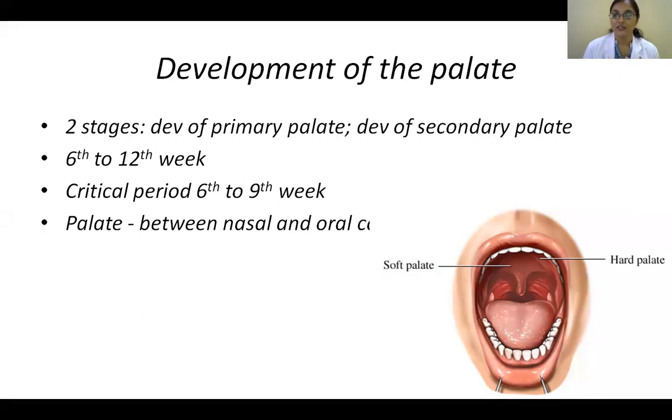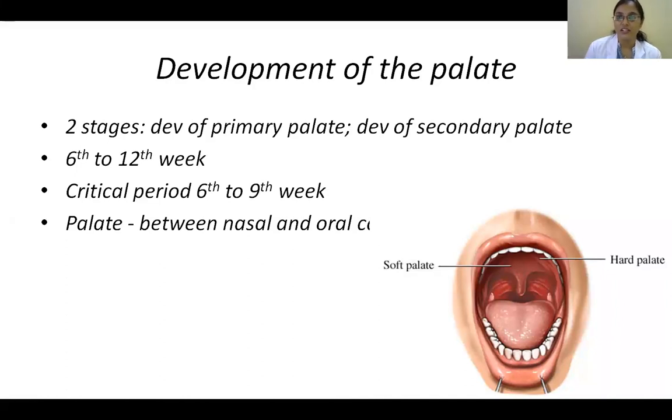So let's recollect the face development. I told you the lower part of the medial nasal processes, they bulge. The upper part, they become thinned out to form your nasal septum, but the lower part is forming this region. It's bulged, and we call it the intermaxillary segment. So intermaxillary because this region is between your maxillary regions, right? So this is forming three things: your philtrum, then a little part behind your lip where you can feel your gingiva and the teeth, and a small palate it gives rise to. That is called the primitive palate.